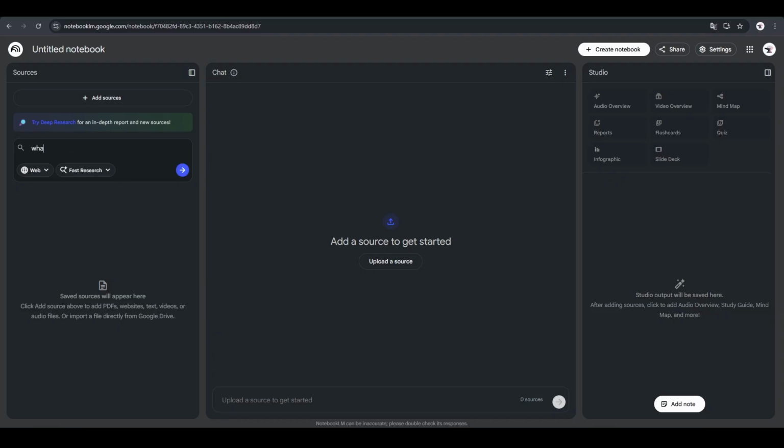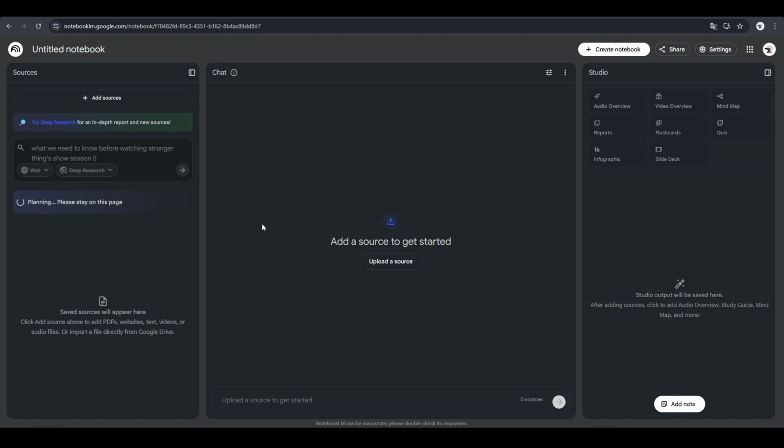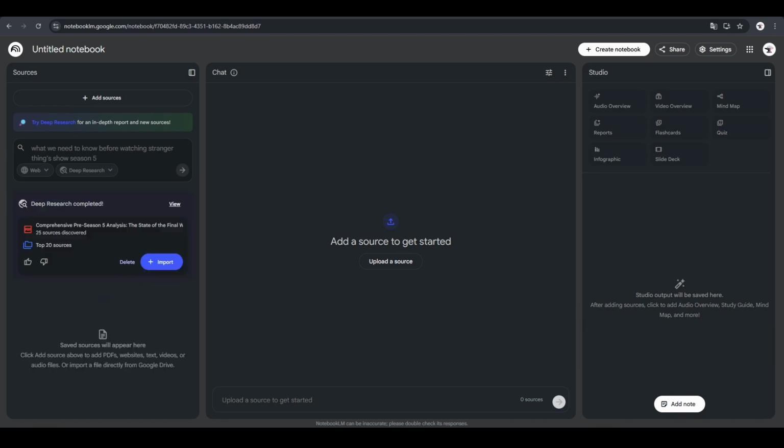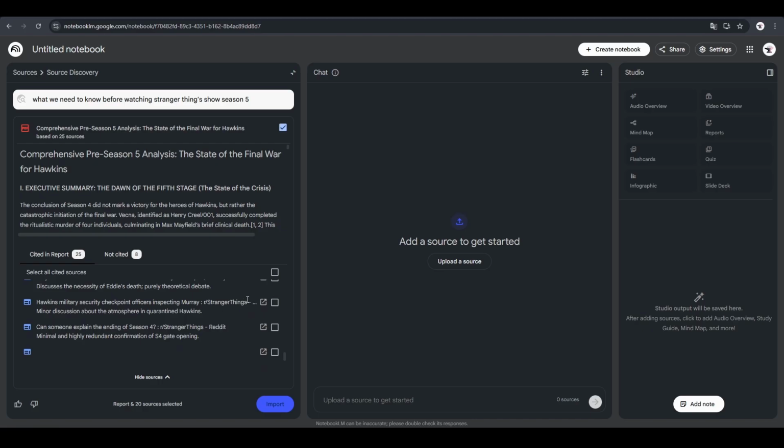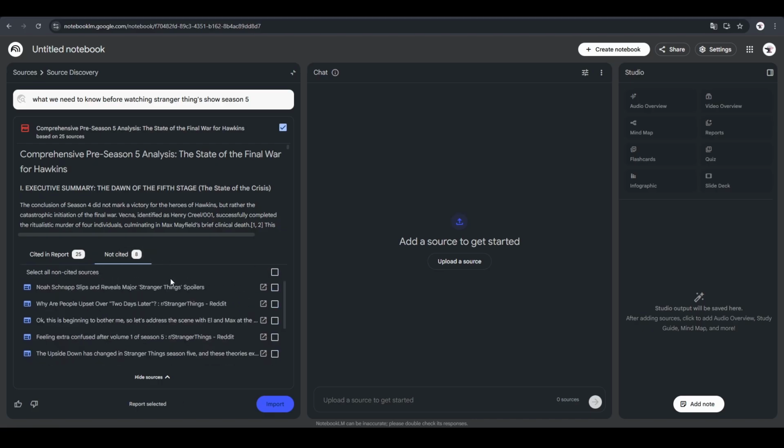I opened a new notebook, and to practically examine those features, I used deep research and typed: what we need to know about Stranger Things show before watching season 5. Choose deep research and wait patiently. I think it took 5 minutes and a full article of the things we need to know about Stranger Things is ready. Anyway, I added this article as a source, and now we see two new things in the Studio